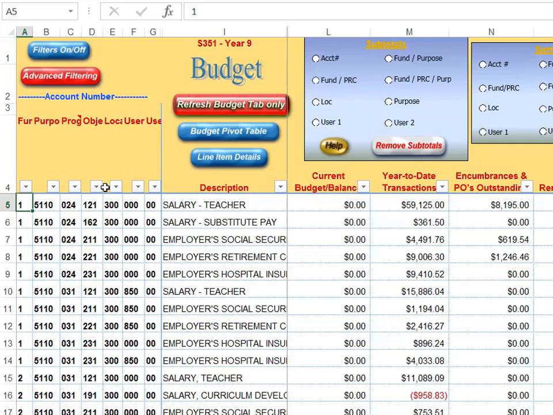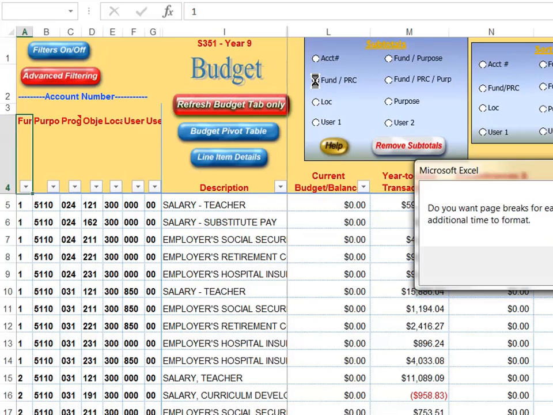drop down triangles. If you were a school or a director, you most likely will want to filter on either Fund PRC or Fund PRC Purpose. So I'm going to begin by looking at Fund PRC, and all you do is click the button. You'll get asked two questions. The first,